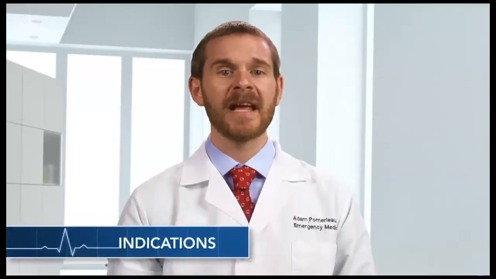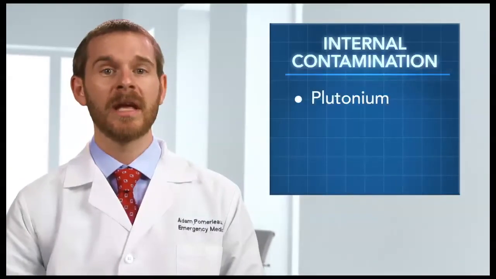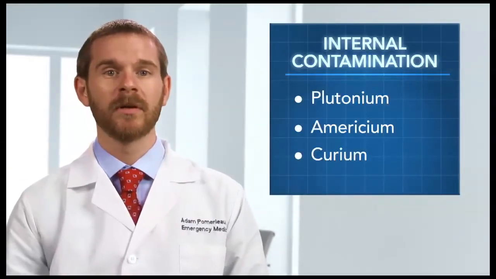Use of DTPA is indicated when individuals have been internally contaminated with a significant dose of radioactive plutonium, americium, and/or curium. When there is clinical suspicion of internal contamination, an exposure evaluation will be necessary to determine the amount of internal contamination and corresponding radiation dose. Clinical decision guides, or CDGs, can also help determine when DTPA is indicated. CDGs are discussed in another section of this training module. Starting treatment as close to the time of exposure as possible is ideal. However, even in situations where DTPA is not immediately available, it will still be helpful and should be provided when